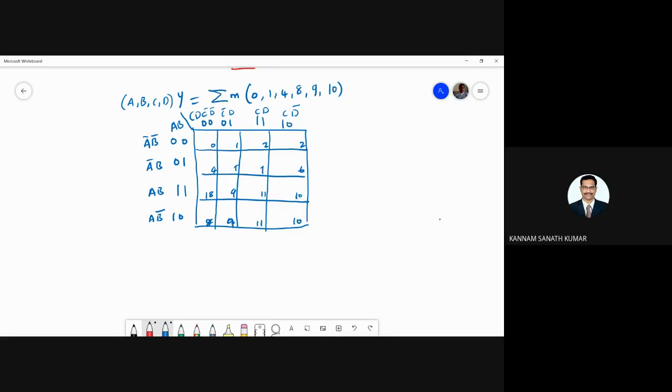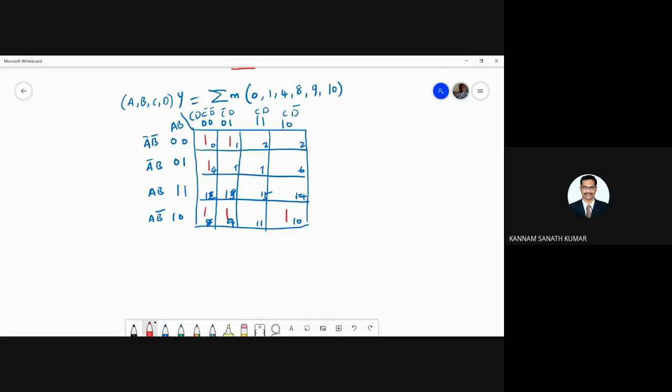Okay, and 12, 13, 14, and 15. So it will follow the gray code sequence. Okay. So here you should write 0, 1, 4, and next 8. Here 8 is there. 8, 9, again 10.